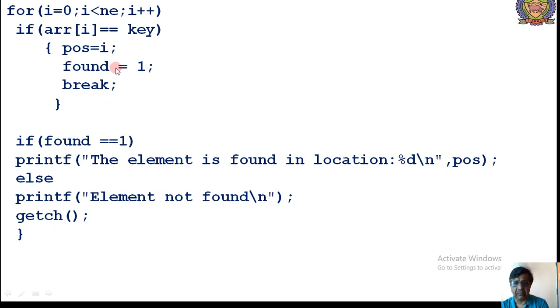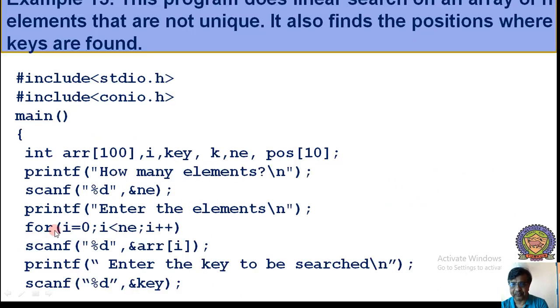Therefore, by including this found, that is a flag, we have increased the efficiency of linear search. If found equal to 1, the element is found in the location and the location will be printed, else the element is not found. And we will also do another program, that is